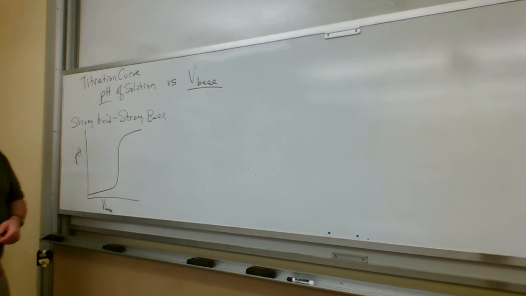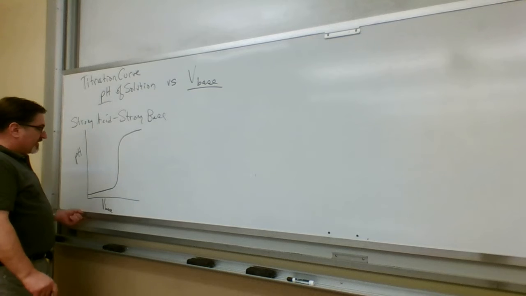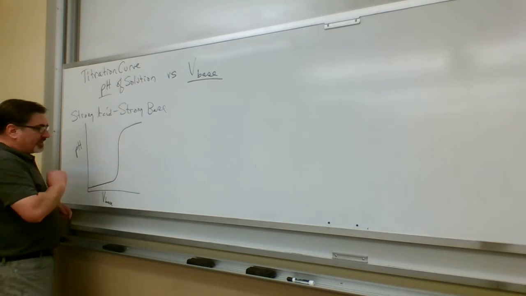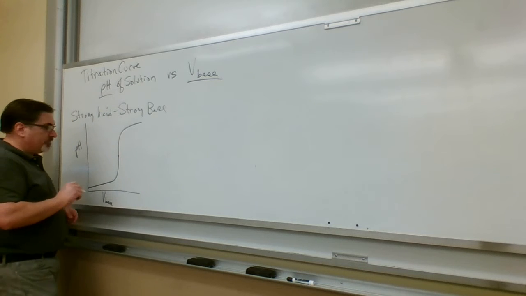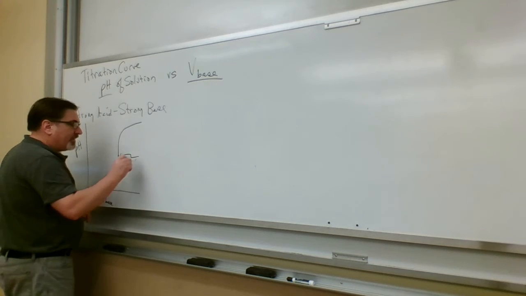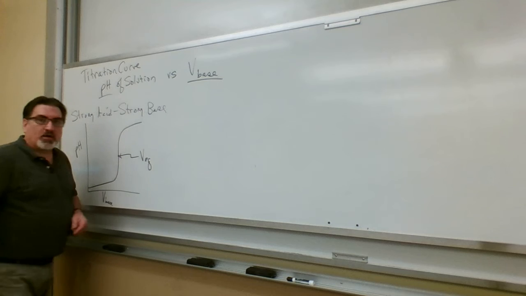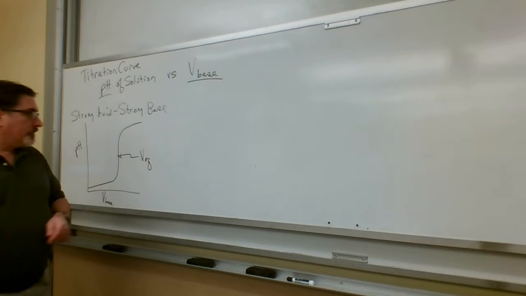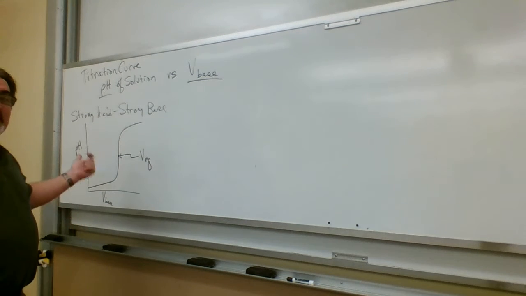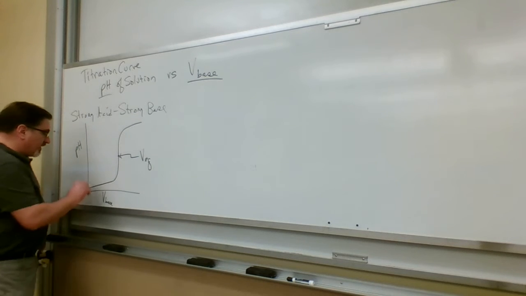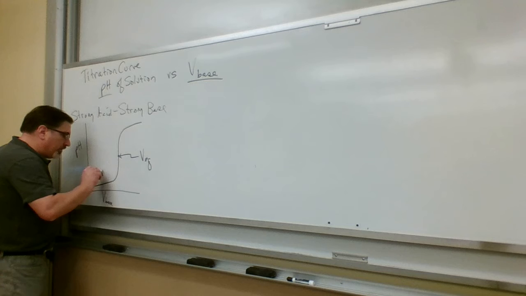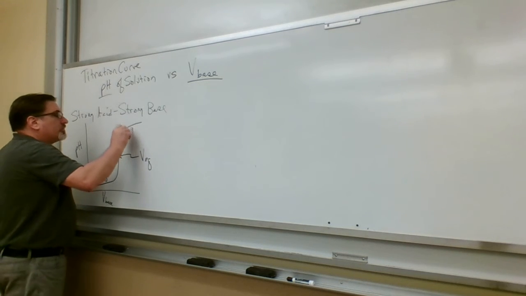And so on a curve like this, we have some interesting points, or at least one or two anyway. The spot right in the middle of the jump. That spot right there is our equivalence volume. And so that point is the stoichiometric stopping point. That's the most important point of the curve. We also have pre-VEQ and